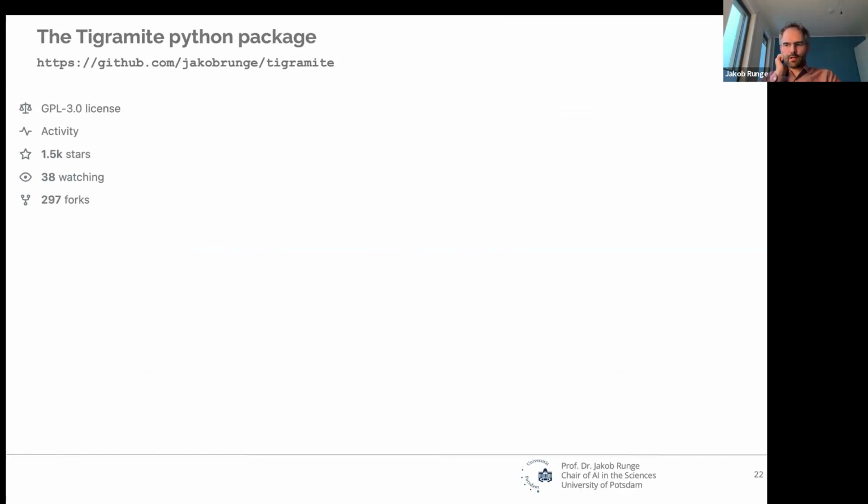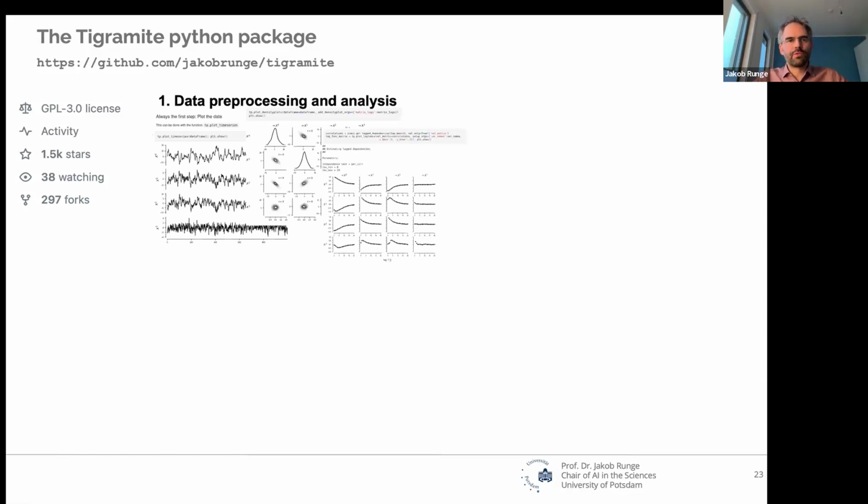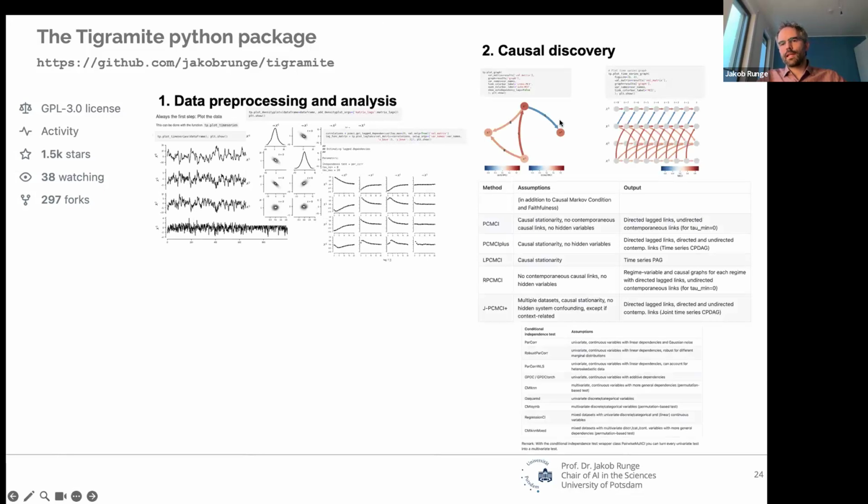And this brings me to the Tigramite Python package. So that's available on GitHub, also on pip. And it's under the GPL license, which I did years ago, and maybe I would do it differently now, but it's too late. And Tigramite has different available tools. So one is about data processing and analysis, which I think is important before you start causal inference to make a good choice of methodology. So there are methods to plot data, to plot joint densities, to plot these time-lagged functions, to get an idea of time lags. And then there's a large part of it dedicated to causal discovery.